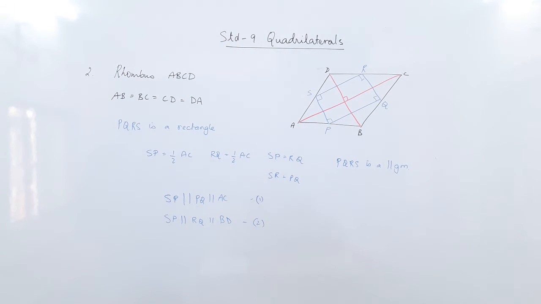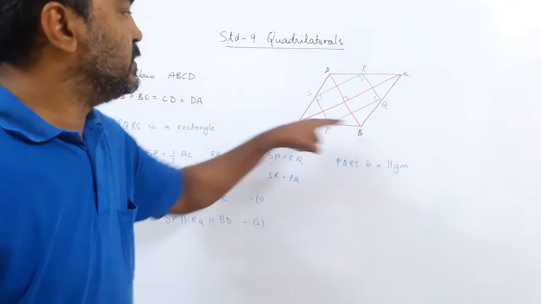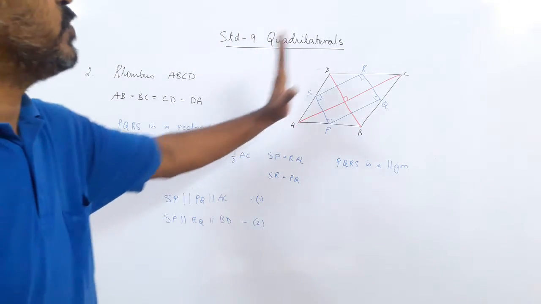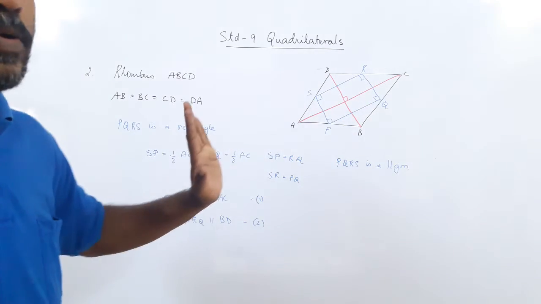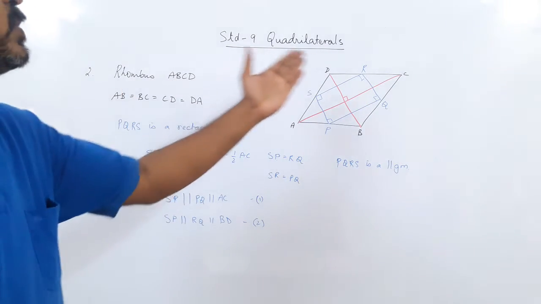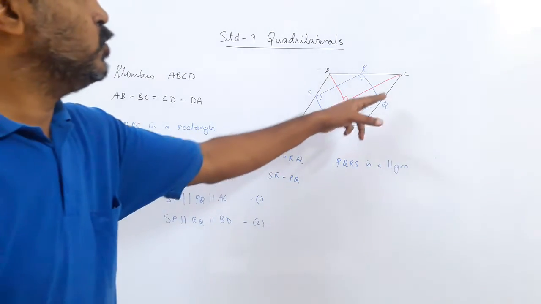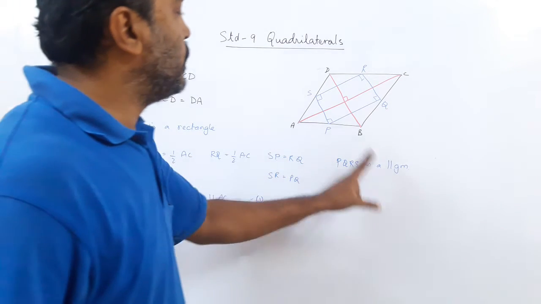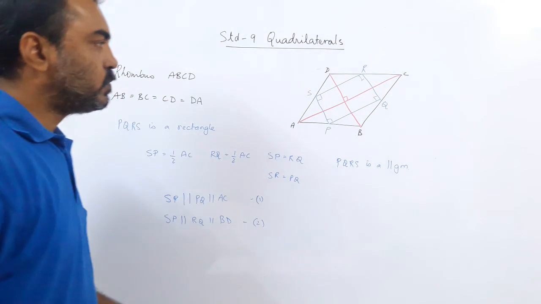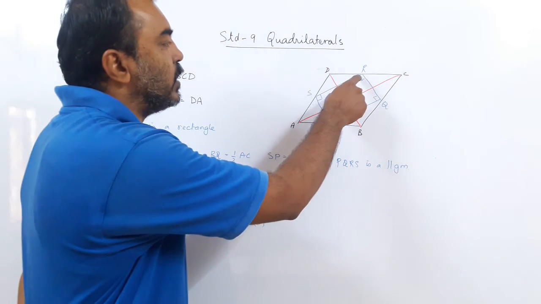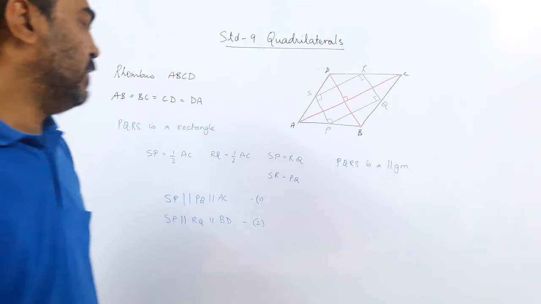So see what is given to us again. The rhombus ABCD, join the midpoints. So any quadrilateral, when you join the midpoints of any quadrilateral, you get a parallelogram. We showed that in the previous sum. Here we are given a rhombus. A rhombus is also a quadrilateral. So when you join the midpoints, you can see the previous sum. You can easily prove PQRS is a parallelogram. So all clear till here. But we have to show it is a rectangle. For the rectangle, this parallelogram should have at least one angle 90 degrees.